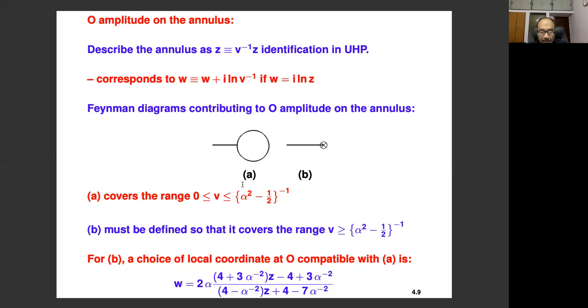I should add that this upper limit basically reflects that at q equal to 1, this is the value of V you get, because there's a sewing parameter q here. As q goes to 0, V goes to 0. As q goes to 1, you get this. Are there questions?